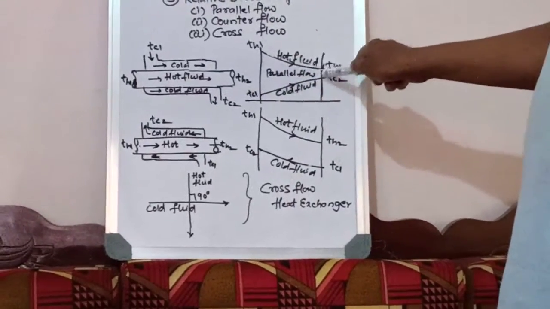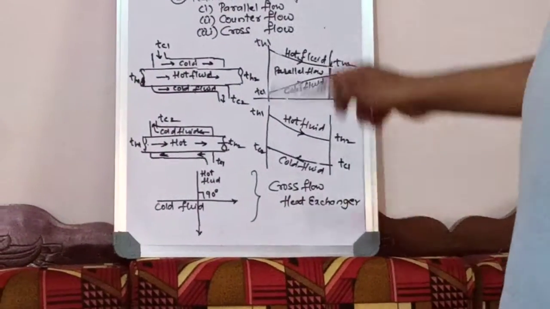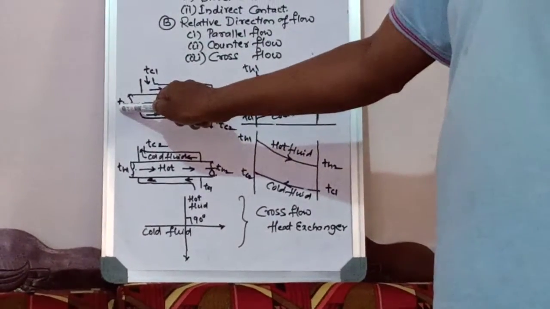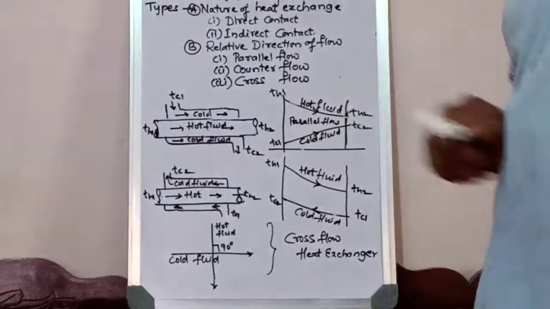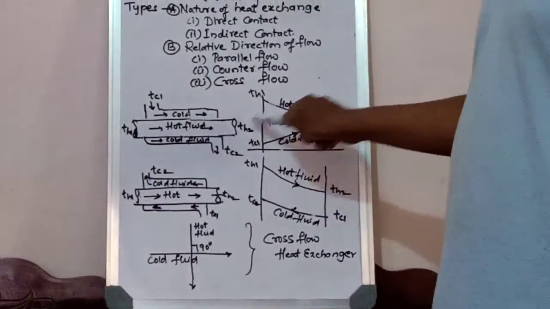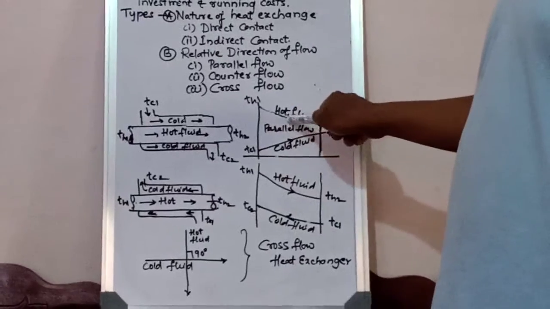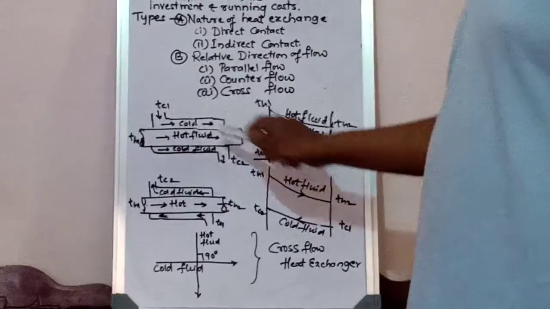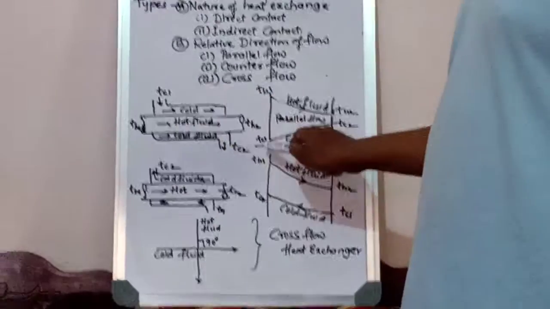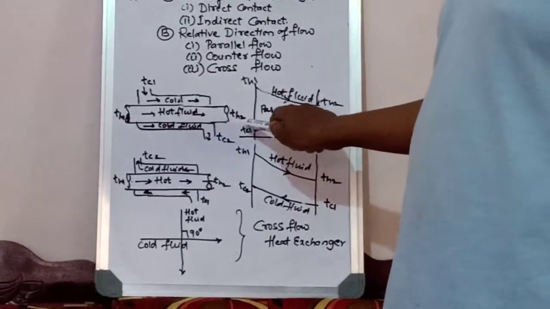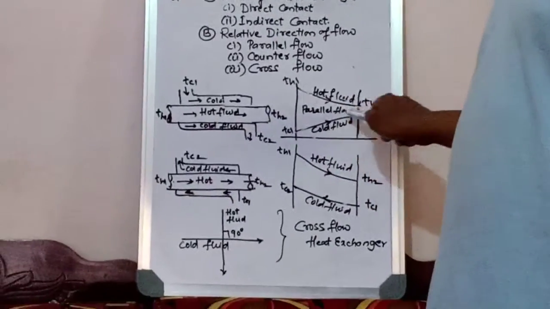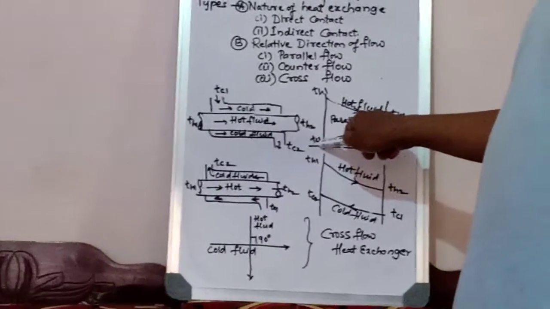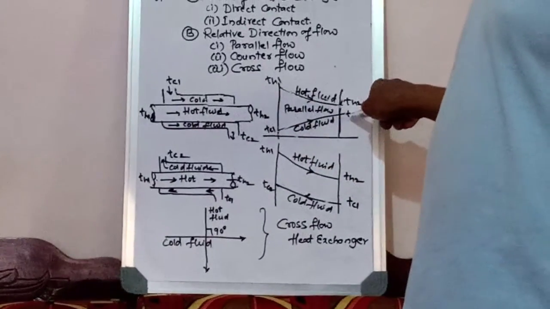This is a representation on temperature diagram. So TH1 means temperature of the hot fluid at the inlet. So inlet hot fluid temperature is called TH1. What is TH2? Exit of the hot fluid. You can see a decrease in the temperature of the hot fluid because it is losing the heat. Whereas you can see TC1 and TC2. TC1 means temperature at the inlet of the cold fluid. The temperature is increasing because it is receiving the heat, and TC2 is the exit temperature of the cold fluid.